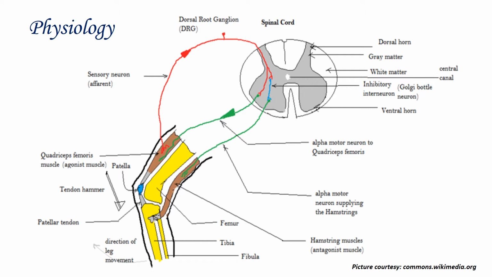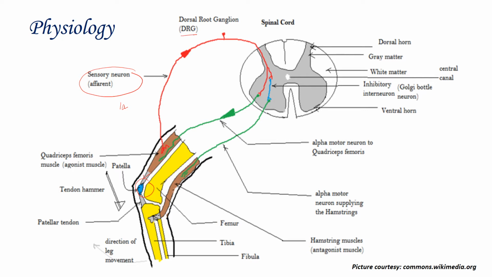Starting with the physiology, let's take the classical example of the knee reflex, which is also referred to as the patellar reflex. When we tap a muscle tendon, a small amount of muscle stretch or lengthening occurs. This activates the stretch receptors, which carry the afferent impulses from the muscle to the dorsal horn of the spinal cord via the 1A afferent neurons. So these are the 1A afferent neurons, and these carry the reflexes from the joint, the patellar tendon, through these 1A afferent neurons into the dorsal root ganglion.